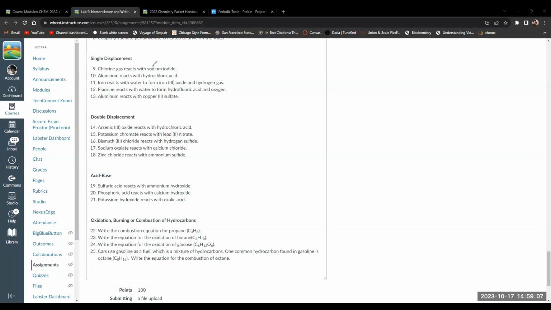Let's do number 9. Chlorine gas reacts with sodium iodide. Wow, that's not sodium. I guess I am running on fumes now. Okay,